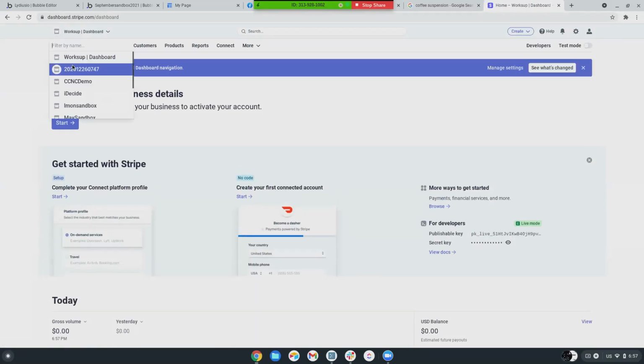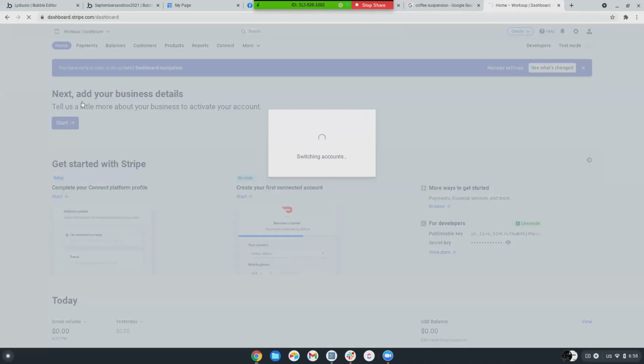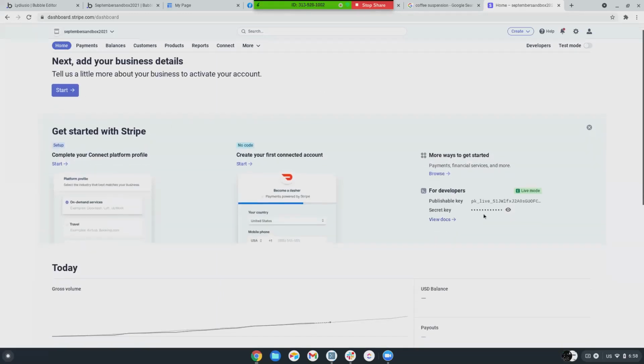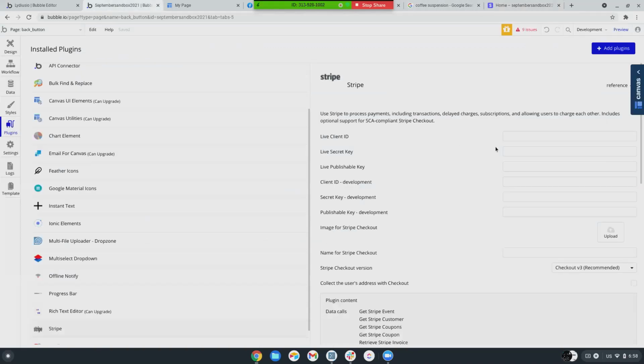Okay. So we're going to copy this, the development publisher key here. Then